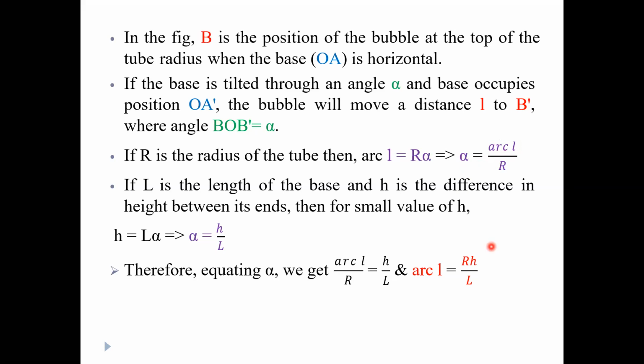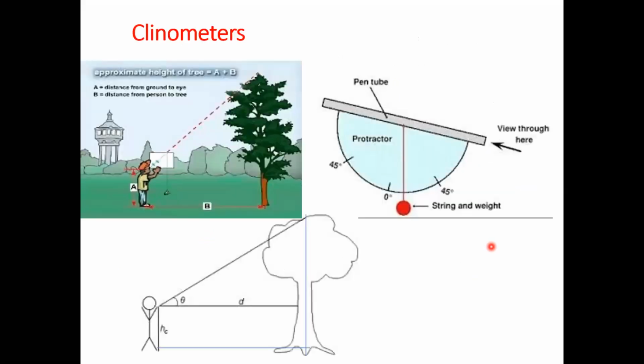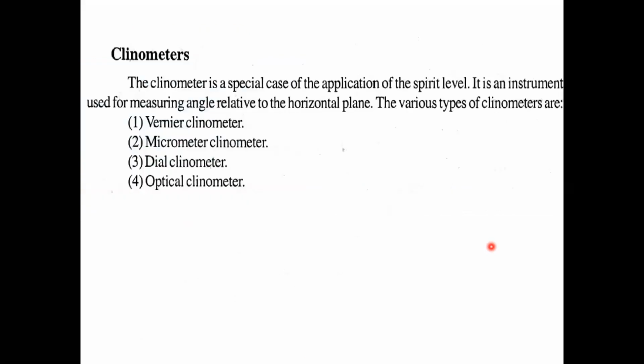There is some variation. So this spirit level is used for measuring angles or setting of angles, checking flatness and straightness. There are different applications, such as clinometers, which are a simple application. There is a variety of applications of spirit levels. In these clinometers, the spirit level is placed in a housing at some inclination. Different types of clinometers are there.